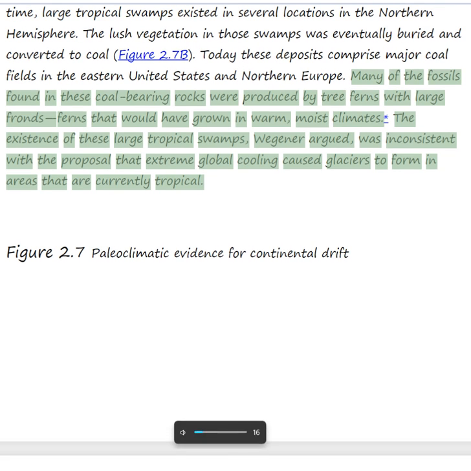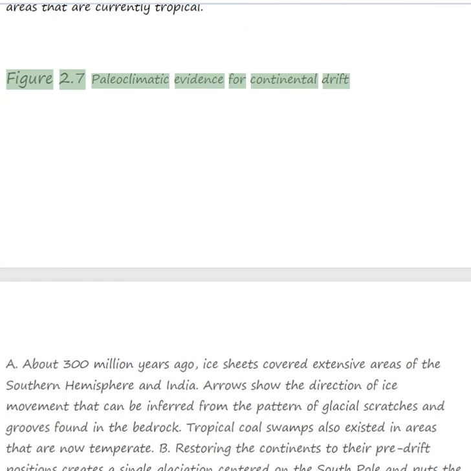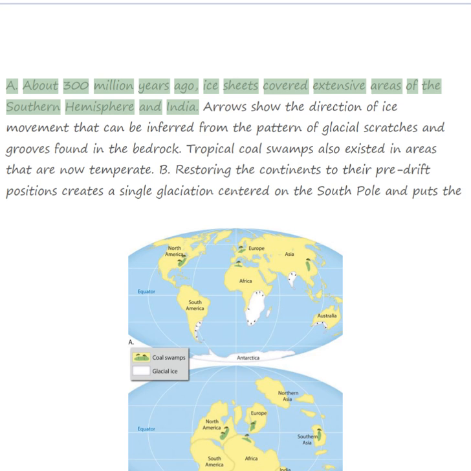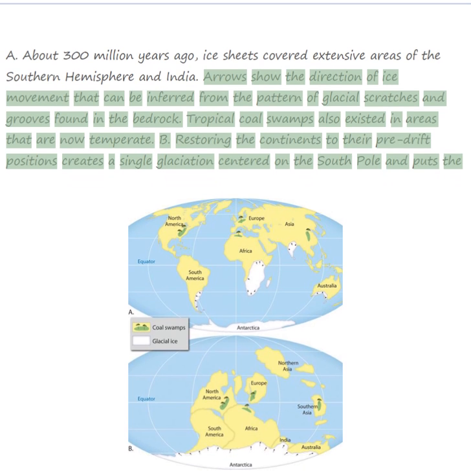Many of the fossils found in these coal-bearing rocks were produced by tree ferns with large fronds, ferns that would have grown in warm, moist climates. The existence of these large tropical swamps, Wegener argued, was inconsistent with the proposal that extreme global cooling caused glaciers to form in areas that are currently tropical. Figure 2.7: Paleoclimatic evidence for continental drift. About 300 million years ago, ice sheets covered extensive areas of the southern hemisphere and India. Arrows show the direction of ice movement that can be inferred from the pattern of glacial scratches and grooves found in the bedrock. Tropical coal swamps also existed in areas that are